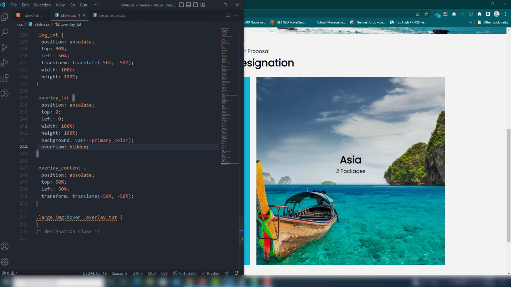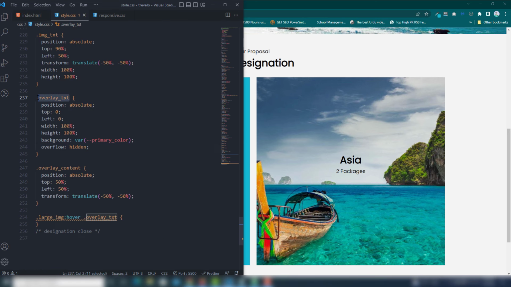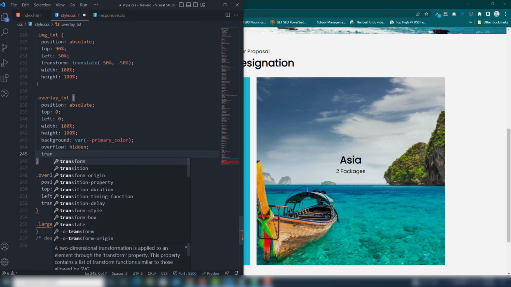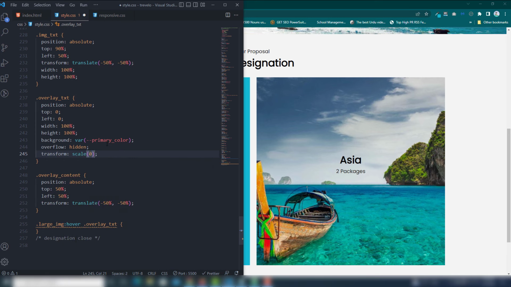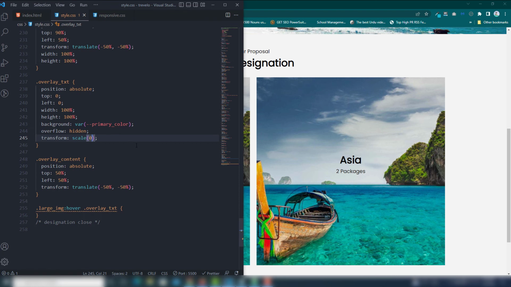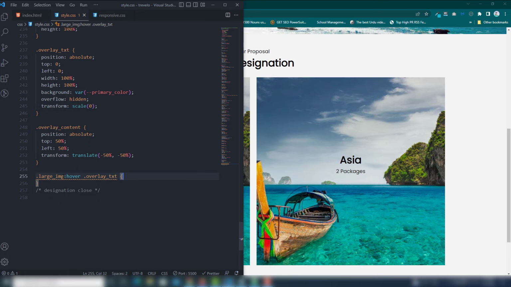Position absolute, overlay text: top 0, 100%, primary, overflow hidden, and also I'm going to use transform scale 0. Perfect. I can't see the background image or background text, but when I hover that, as you can see,